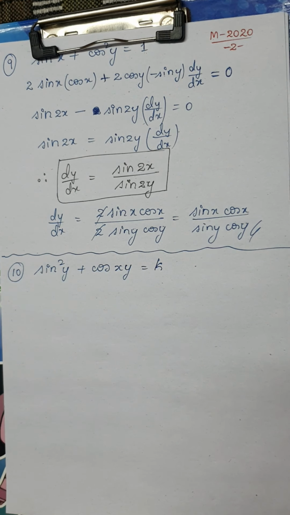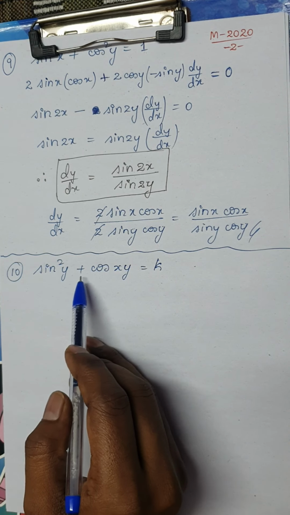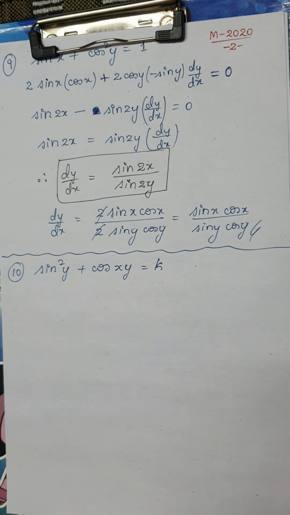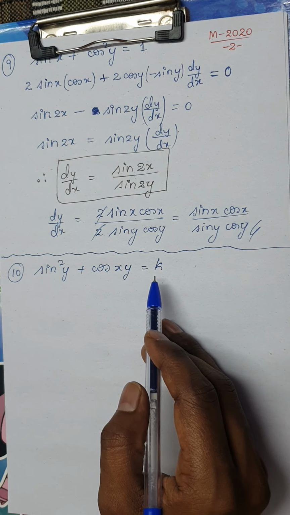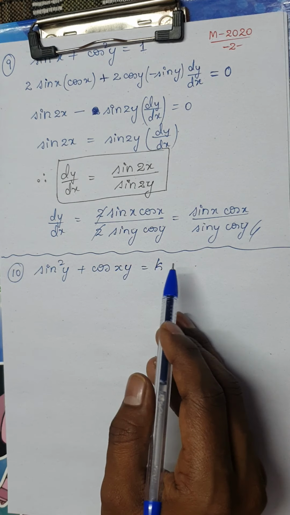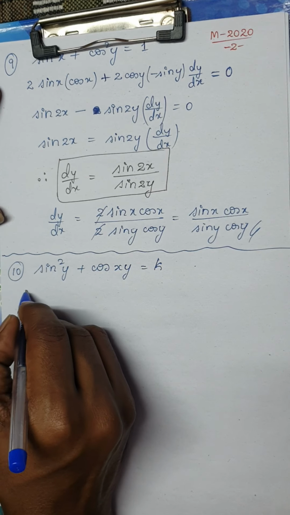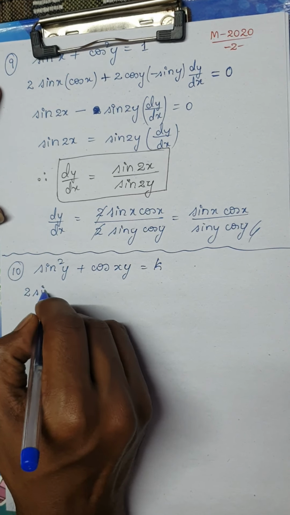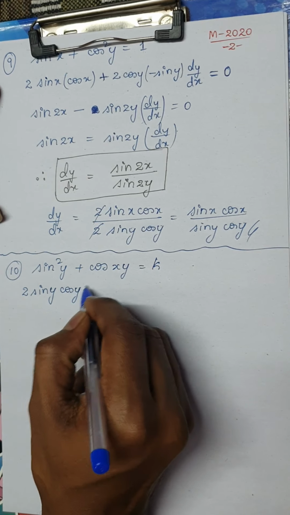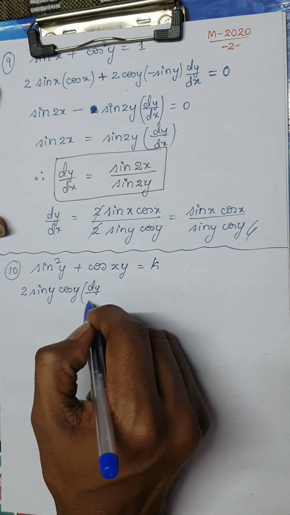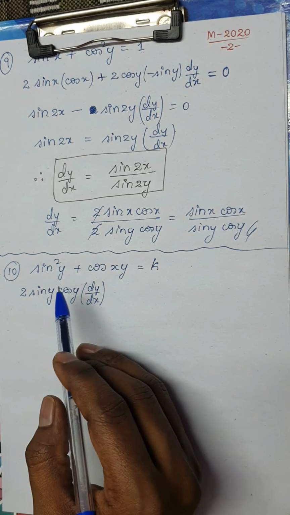Now friends, let us consider one more question. I have sine square y plus cos of x into y is equal to kappa. Either it is k, or you can consider it as k, or in textbook it looks like kappa. Don't worry, it's a constant. Shall we differentiate? So please be careful. It is sine square of y. So derivative of sine square of y is 2 sine y into sine derivative is cos, isn't it? So remember, because it is y, I have to write dy by dx multiplied to it. Okay, dy by dx will be multiplied.